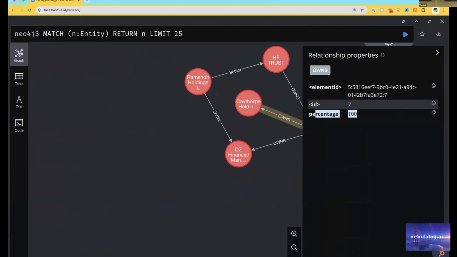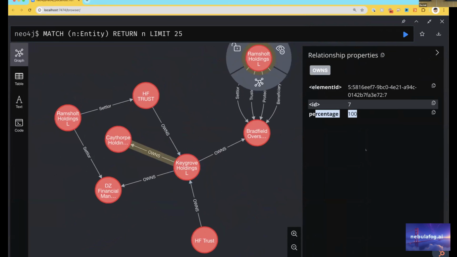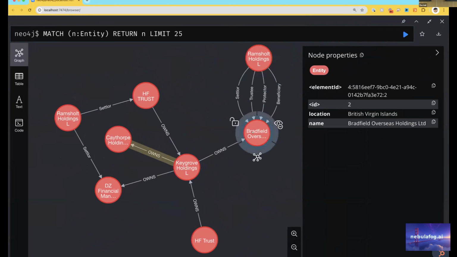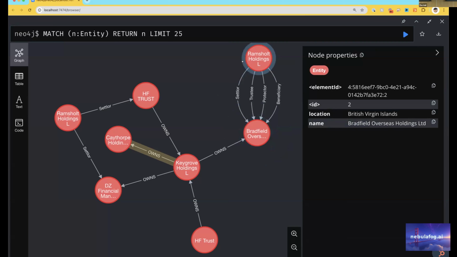Like there, in that particular relationship, we are seeing one company owns another, but what's the percentage? So that's 100%. And that is not just meta context, that is queryable, indexable. You can run queries on it. You can do a bunch of analysis on it as well. So